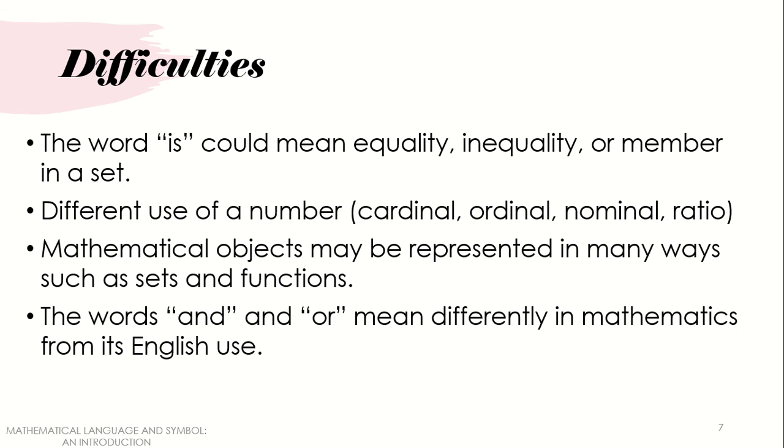Next, the words "and" and "or" mean differently in mathematics from their English use. For example, in sets, "and" means intersection and "or" means union. So, the words "and" and "or"